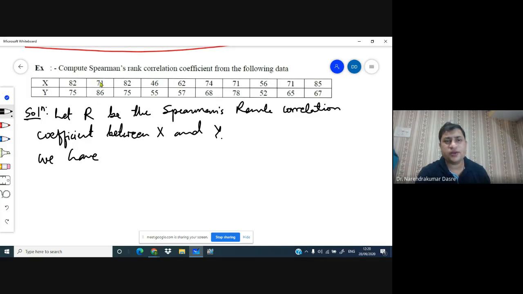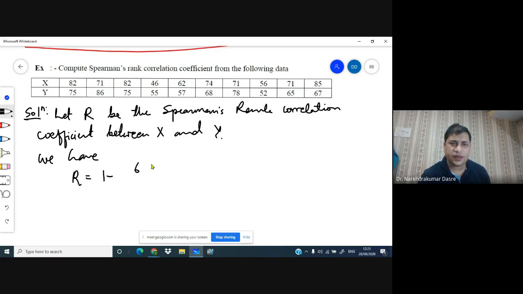So you can see this 71, this 82 is repeated here. Even though one term is repeated, you have to consider the repeated formula. So 82 is repeated. Again, this 71 is repeated. Then here this 75 is repeated, and moreover, what else is repeated? 75 is repeated. Okay, that's it. So that means there are three ranks repeated now: 82 is repeated, 71 is repeated, and then again here 75 is repeated. Okay. So once we know that there are ranks repeated, we have to write the repeated formula, and hence